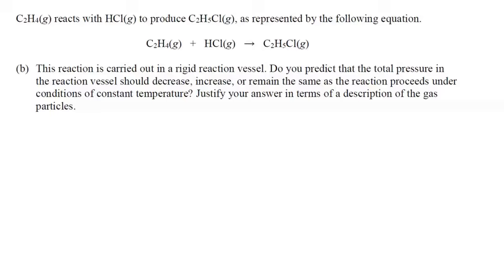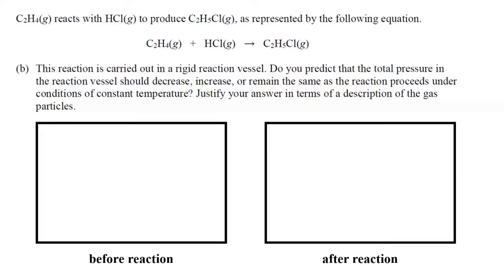Now we know in this particular problem that it says it was carried out in a rigid reaction vessel. So volume is not changing. It says under conditions of constant temperature. So temperature is not changing. So the two variables to consider are the number of moles and the pressure. What I'm going to do is show you a particle diagram of what it might look like before and after